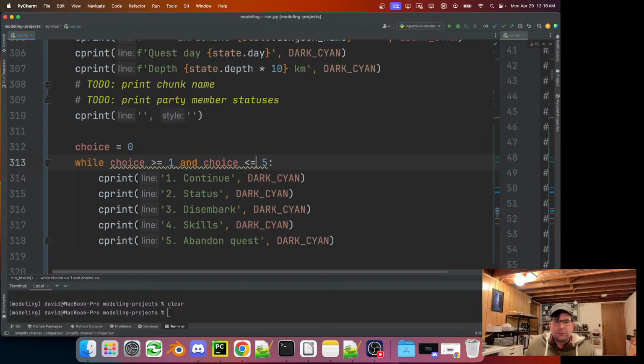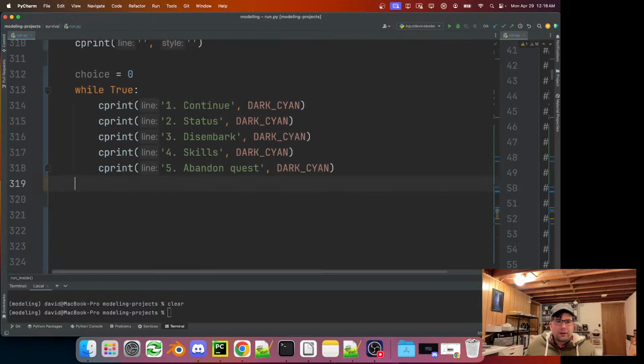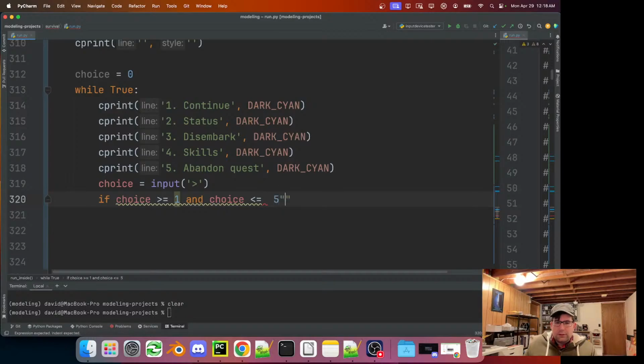So if it's greater than or equal to 1, actually, we want this while choice is, let me just do this. Well, true. Input. My nose is itchy tonight. Okay, so if choice is greater than or equal to 1 and choice is less than or equal to 5, break. Otherwise, we're going to print something like